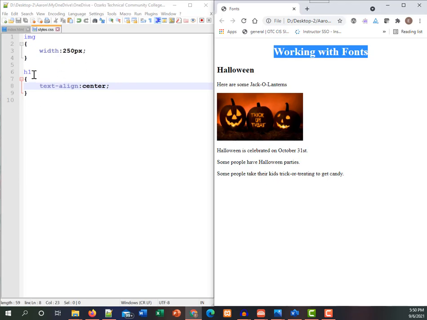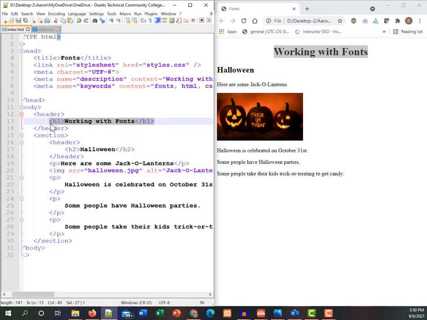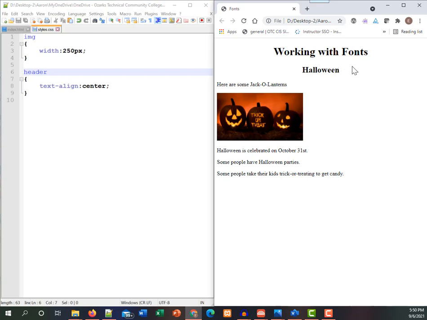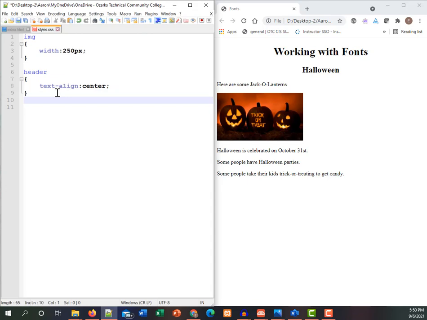I also could style this header and tell it that I want whatever's inside of it to be centered. So let's try header. And now everything that is a header, all of those are centered and everything inside of them is centered. That works well for text. And some of your elements, it's not going to work for